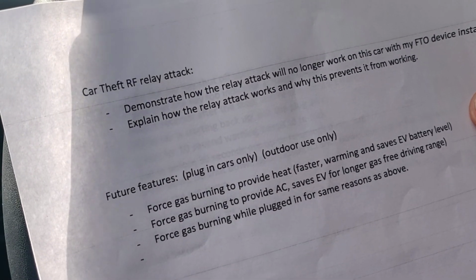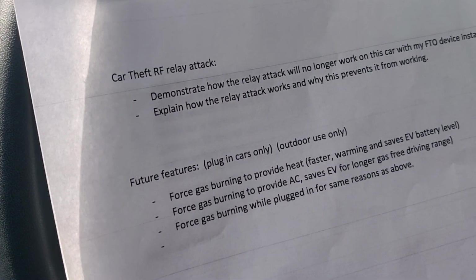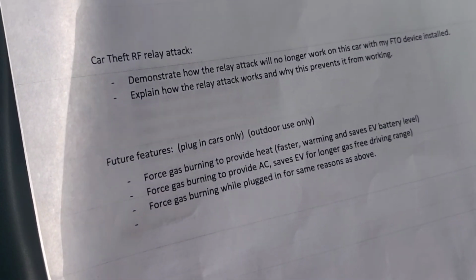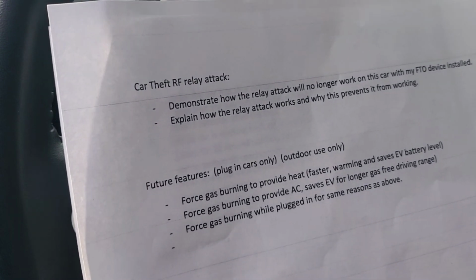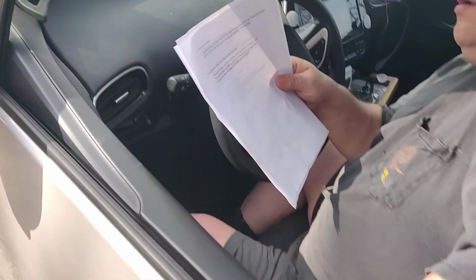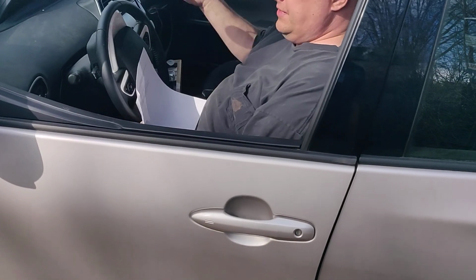What it does is it takes two car thieves working in tandem, and the first car thief actually is carrying a radio device that looks sort of like a walkie-talkie. It has an antenna on it. And what he would do is he would walk up to the house, and he will walk around the house really slowly, while his partner would be out at the car that they're trying to steal. And then the guy on the outside would lift the handle like that, which of course if the door is locked it wouldn't open,